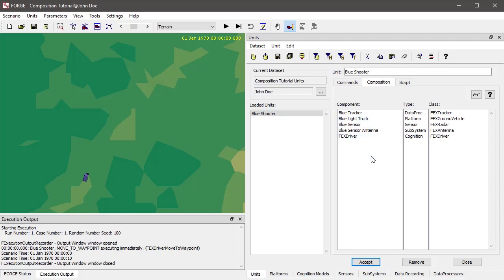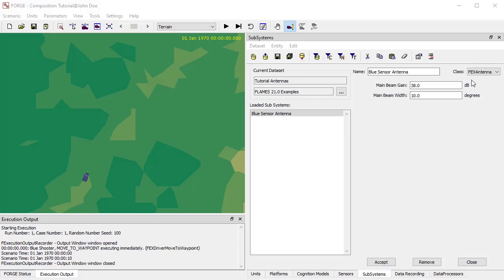Let me talk a little bit more about the subsystem model, this antenna. So I'm going to go to this window. The antenna is a subclass of subsystem. And subsystem is a sort of a generic class. It doesn't really have any specifically defined role in Flames, but we know that a lot of real-world systems are themselves formed of multiple